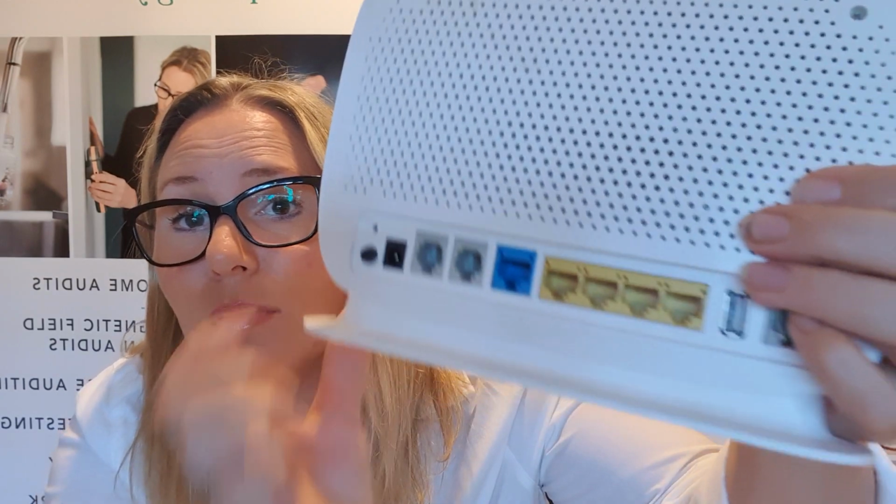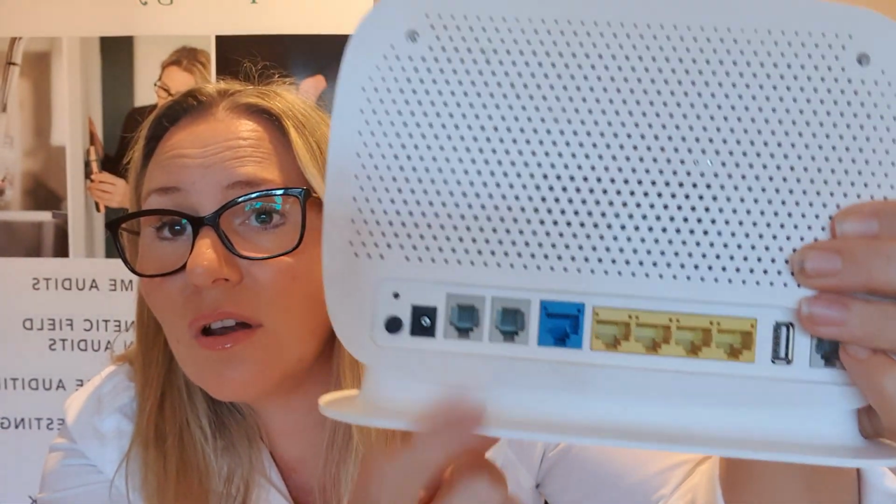Now, one more thing that I like to consider when looking at a router, if you are going to bring another router or purchase an additional router because the one that you've got isn't what you're looking for, is that I like to make sure that you've got the option to have a phone on there. So you'll notice on the back of the router that there's ports for your Ethernet, and then there's also phone line ports. When we discuss landlines, I'm going to go through why I absolutely love landlines, and I think they're really important to have,